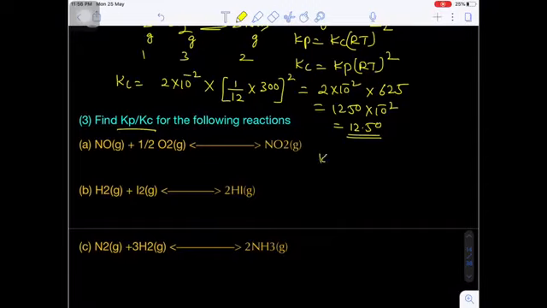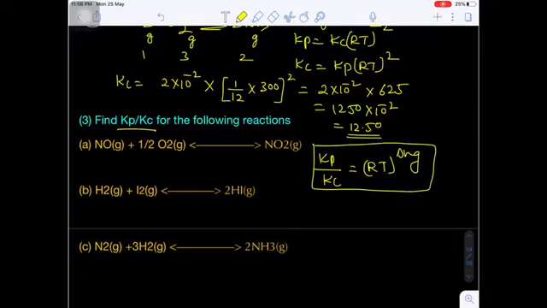Okay, first of all, Kp by Kc is equal to, shall I write, RT whole to the power delta Ng? Yes or no? Now, what is the delta Ng in the first question? Here 1, here 0.5, here 1. So the value will be minus 0.5. So Kp by Kc expression value is RT to the power minus 1 by 2. So 1 by under root RT. First one. Are you getting my point?